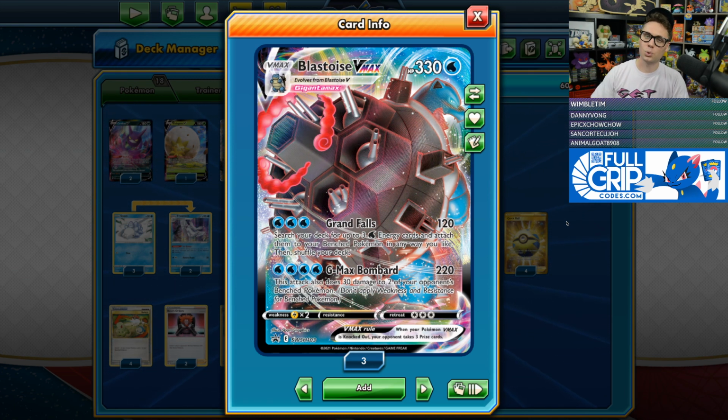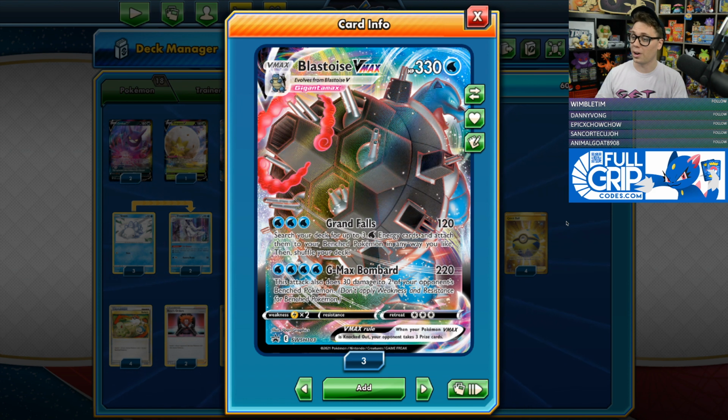Grand Falls does 120 damage for 3 water energy and allows you to search your deck for up to 3 water energy cards and attach them to your bench Pokemon in any way you like. This is great for powering up a backup Blastoise. And then G-Max Bombard does 220 damage for 4 water energy, great for knocking out Zacian V, and it